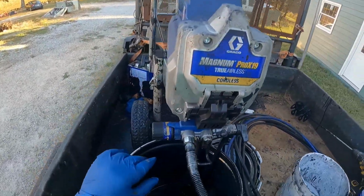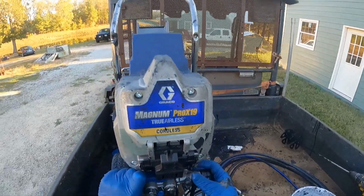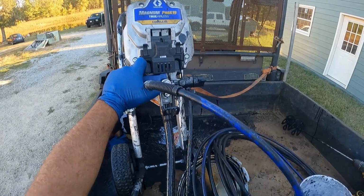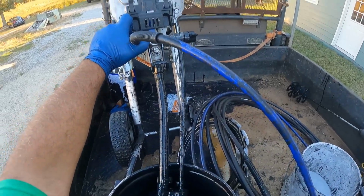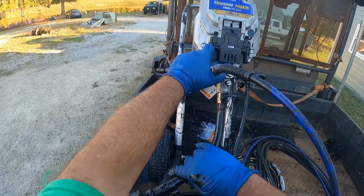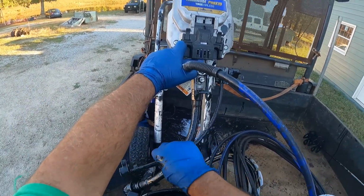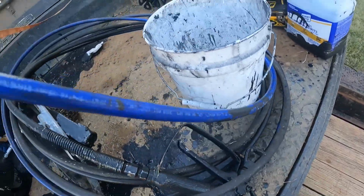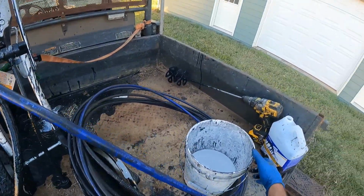So I got a little bit of paint left over in this bucket for today. The only thing I do not like about this thing is it's very top heavy and very awkward to try to get in and out of the bucket without just making a mess. There's just no way to do it without making a mess. Or maybe there is and I'm just not smart enough to figure it out. But anywho,